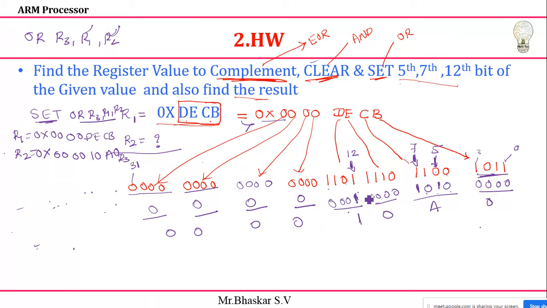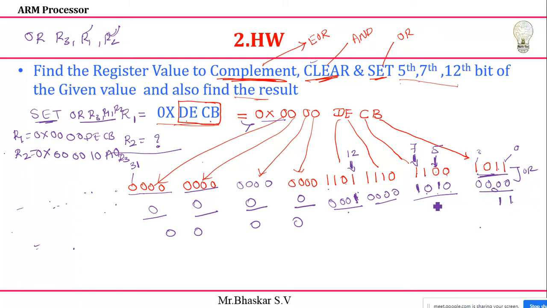Sorry, here the value will be changed now. So what is the value I'll get? 1 0 1 0 with the OR operation I need to do. See, check it: OR operation 1 0 1 with 0, I'll get 1 1 with 0. What is the value I need to multiply? This is correct, only 10A0. The result I am getting, you just check it out. OR operation 1 with 0 will get 1.